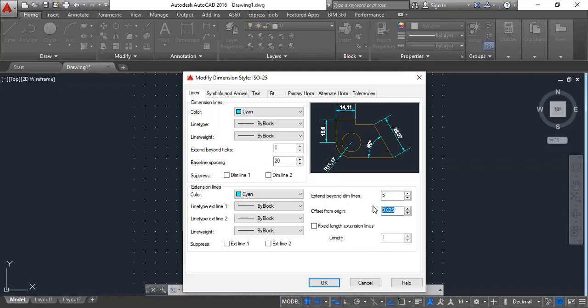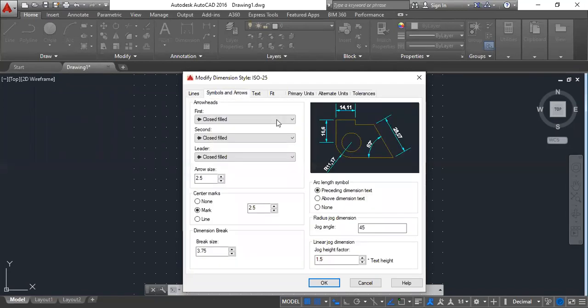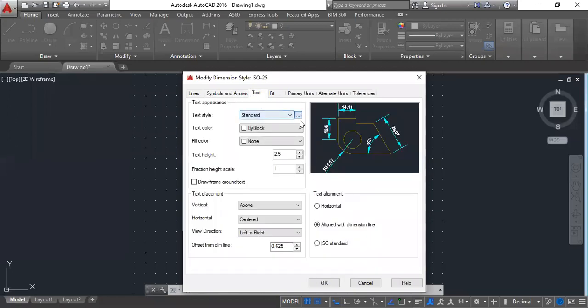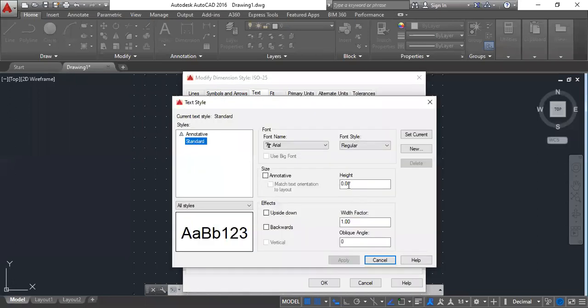Offset from origin, let me give it as 2 or 3, anything is good. Under symbols and arrows, arrowhead size is 5, or we can take it as 6. It should be above dimension text. Then for text, go to standard. Let me specify the height of the text as 5, the default.